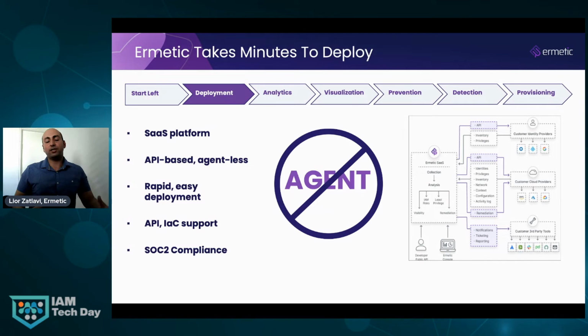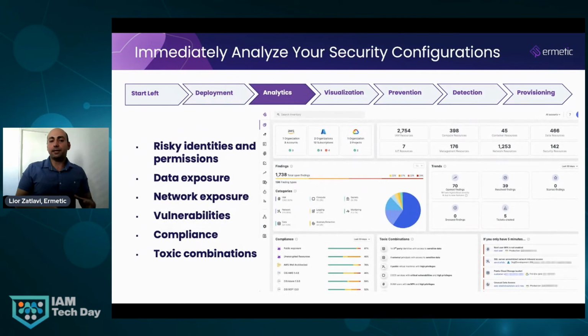We consume configurations and identity permissions and all the information relevant to solving these problems. We digest it, we analyze it, and also review logs to see the behavior that identities actually perform in the environment. And that way, we are able to deduce two things. What is the least privilege that every identity needs to have, and what are the potential security issues for that identity?